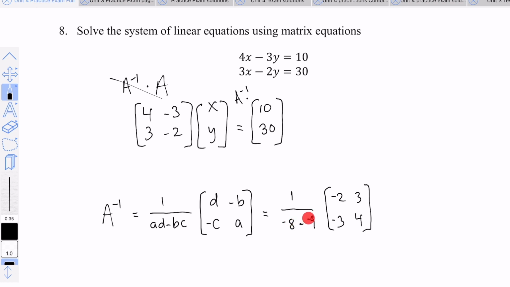-8 subtract -9, subtract a negative is plus, so -8 plus 9 is 1. So it's 1 divided by 1, which is really 1. So we don't have a scalar multiplier. Now this is a little atypical. Most of the problems you'll see will have a scalar multiplier that is left as a fraction, like 1 over 5 or something like that. This one just happens to be 1 divided by 1. So the inverse